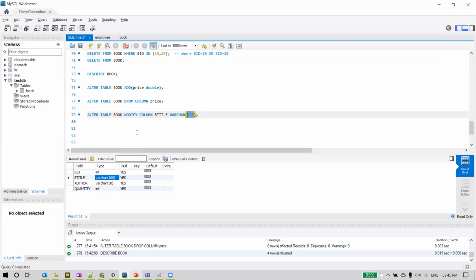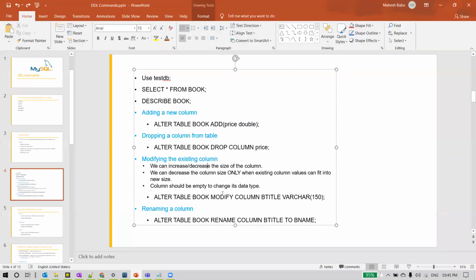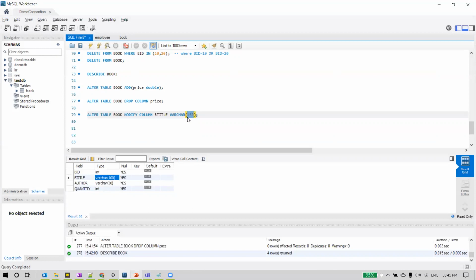So we already have some table data with some 30 characters, and you wanted to decrease this column to 20. So what should happen to the existing data? That becomes ambiguous again. So for that, MySQL will not allow. That's the restriction on decreasing the size. You can increase the size. There is no restriction on increasing the size from the existing value.